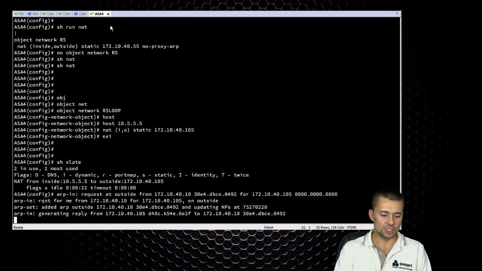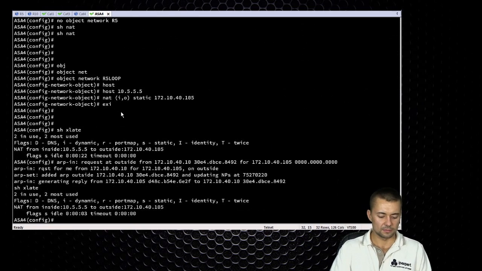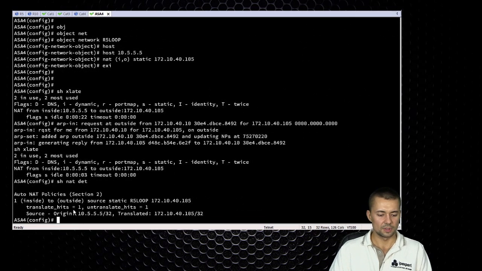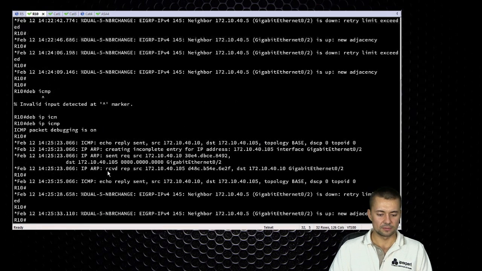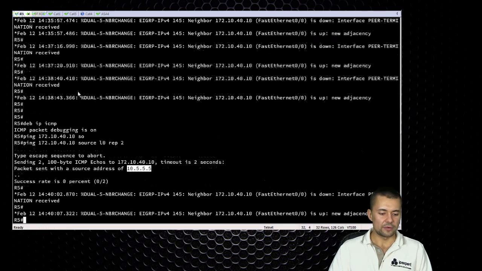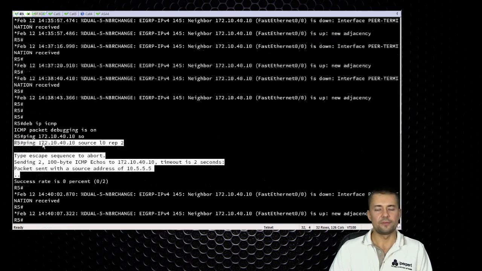On the ASA, we should see the translations. We see that we have the translation. We even have a detranslation. Now 10 is getting the packet, and it is sending replies back to 172.10.40.105, so to detranslate the address as we would expect. But we don't get the replies back on 5. So there is a problem with this configuration,